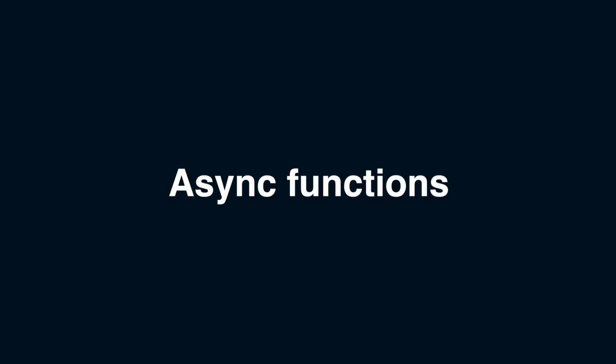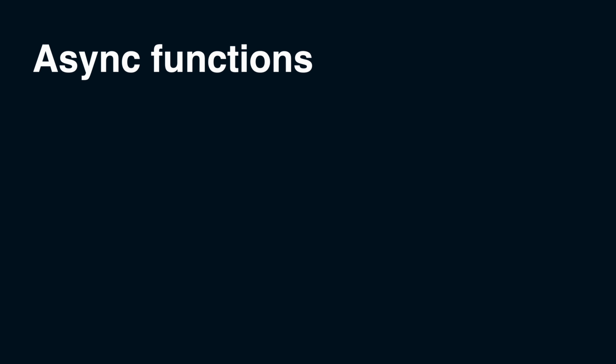Let's start with async functions, as they are the part of Swift Concurrency we most often work with directly. What is an async function? Well, it's a function with the async keyword, obviously. But what does that actually mean? The simplest way to understand an async function is to think of it as a special kind of function that can be suspended during its execution. Specifics of when and how this suspension occurs aren't as important right now as the fact that it can be